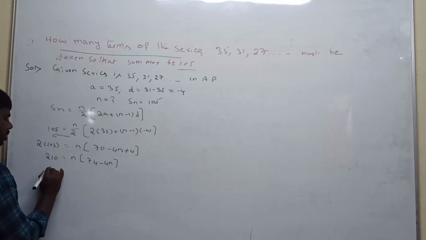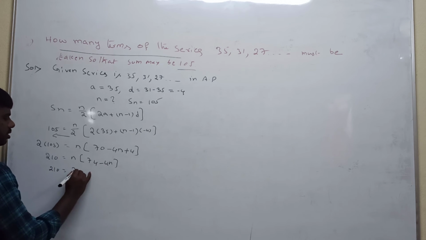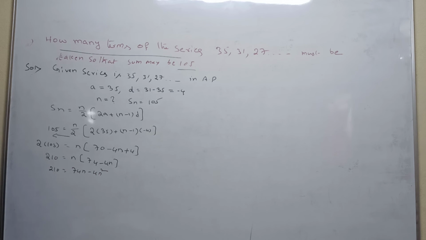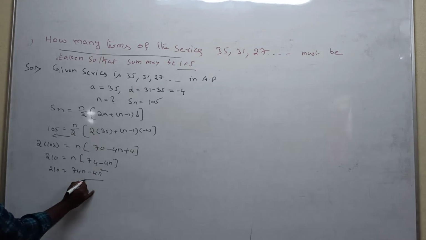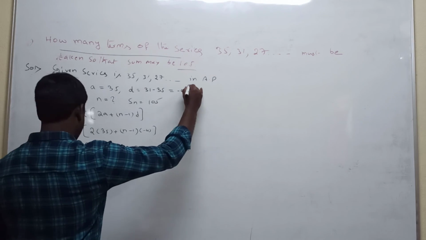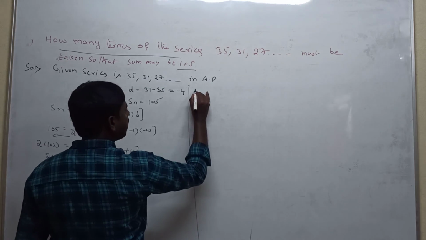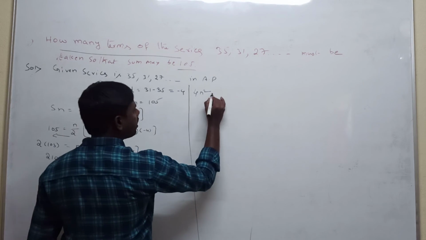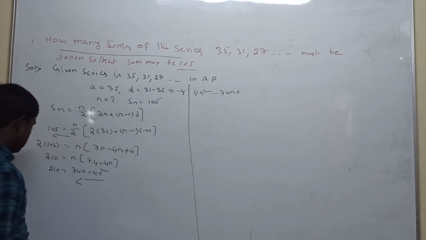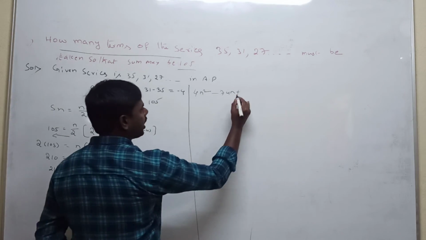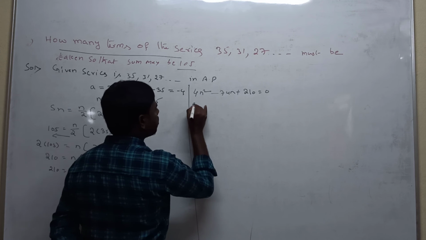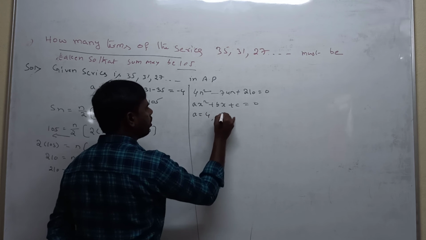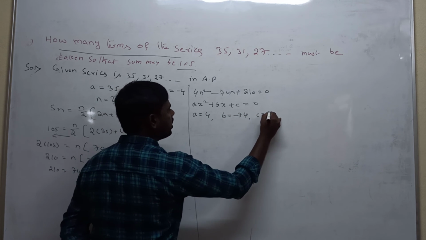Each number is multiplied with n. So 74 into n is 74n, minus 4n into n is minus 4n square. The n square term should be positive, but here it is negative, that's why we take this value to the left hand side. Plus 4n square, we are getting plus 4n square. Plus 74n taken to the left hand side becomes minus 74n. Already on the left hand side, plus 210. Now this is in the form of a quadratic equation. Comparing with ax square plus bx plus c is equal to 0, a value is 4, b value is minus 74, c value is 210.